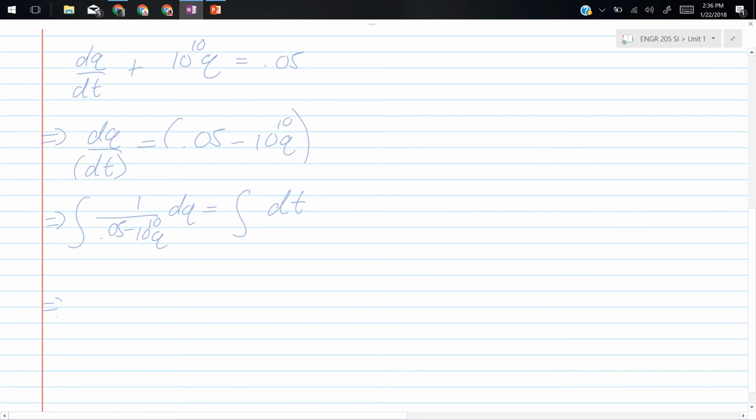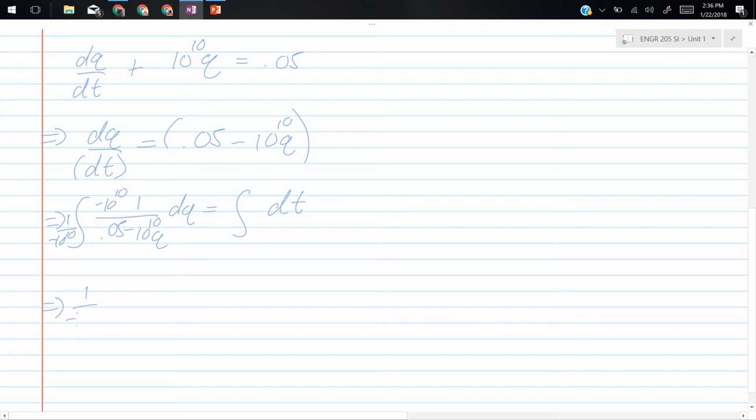So now when I integrate, I would have to find a coefficient to get to u du, and I'll multiply by negative 10 to the 10th over negative 10 to the 10th, a form of 1. So negative 10 to the 10th here, and divide that by negative 10 to the 10th. That's my form of 1. So now I have a du to my u. When I integrate,